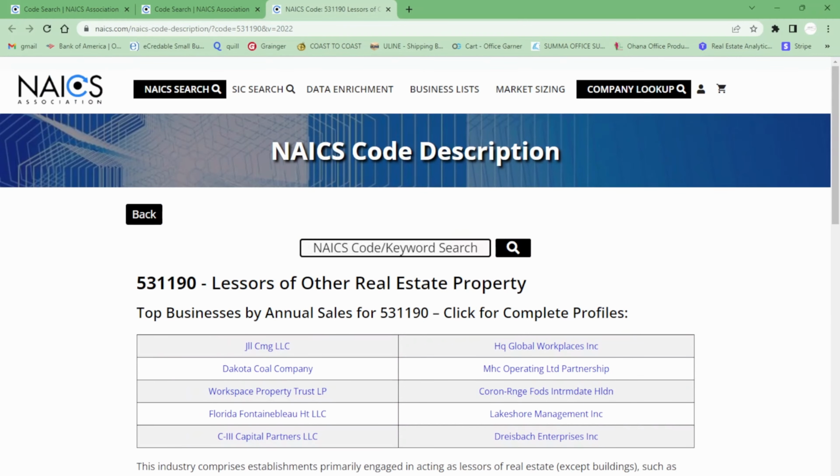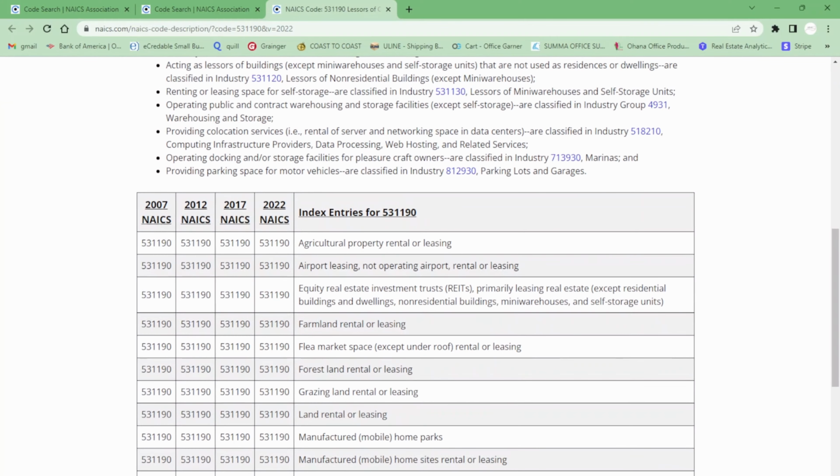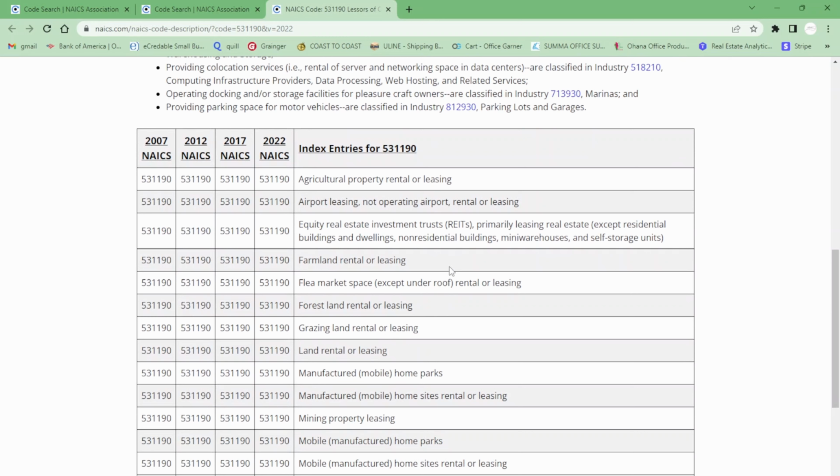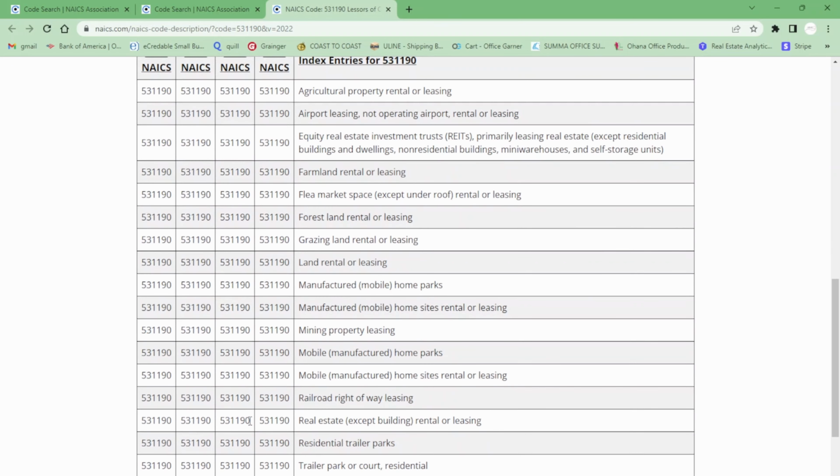So I went and I clicked 531190, which we already knew was going to be the code. It says leases of other real estate property, and then you scroll down and you can look up and see which code works for you. So they're saying for 531190, you can use this code for any of these